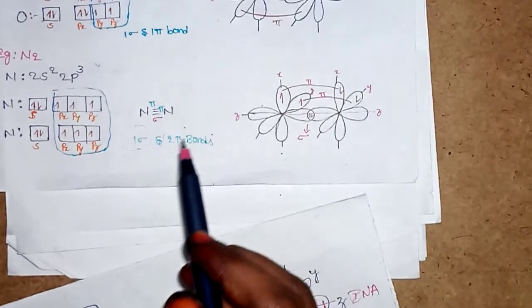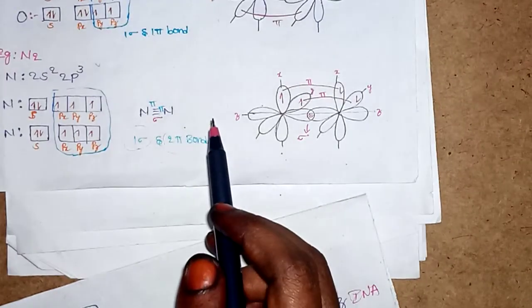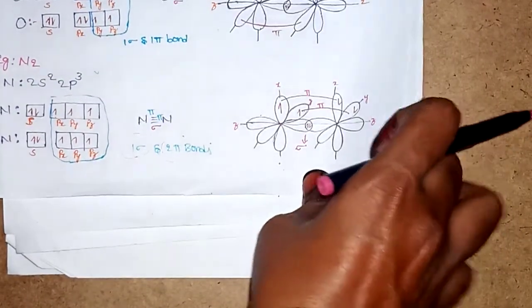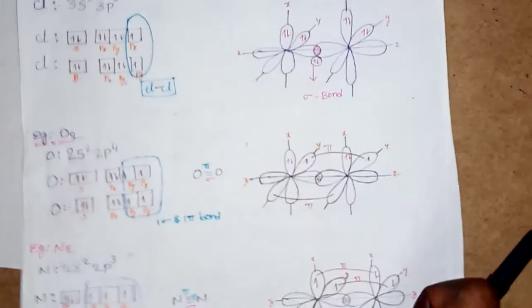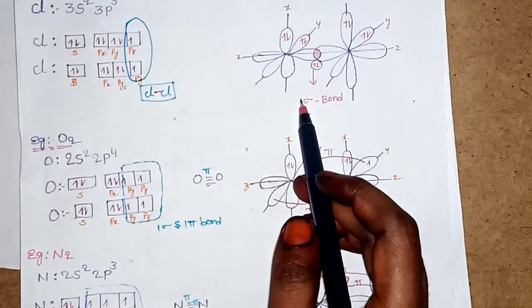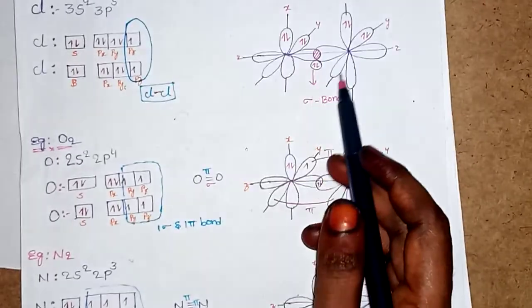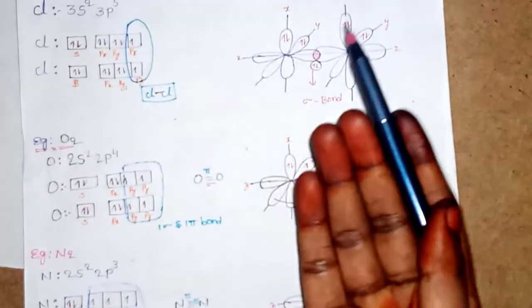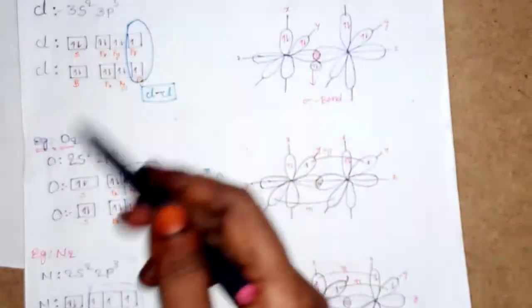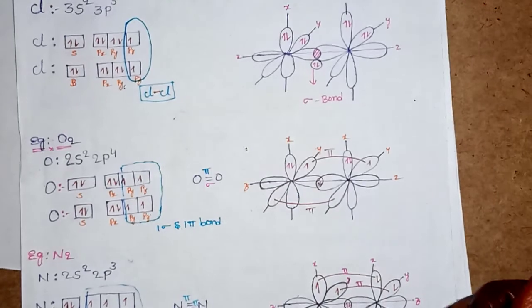Okay, so this is how the bond formations happen. These three are the most important examples. So first you have to draw this kind of picture. Then you will easily analyze how many bonds will form and what kind of bond is formed. So this is all about overlapping. Next lesson we will discuss the strength of the bond.